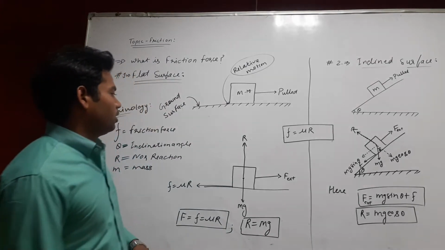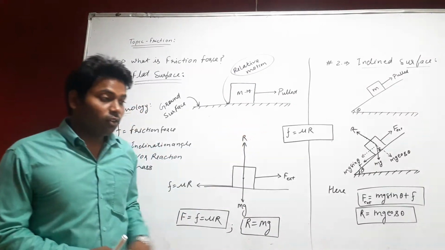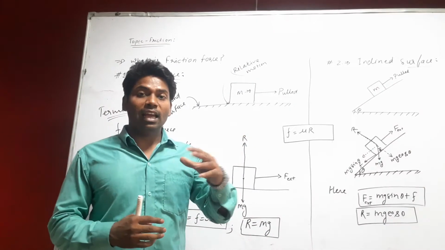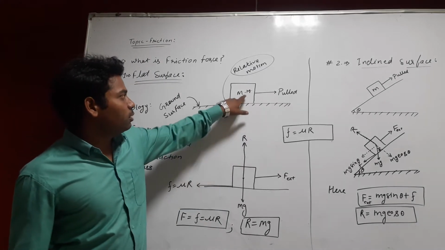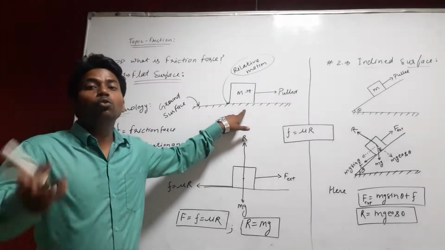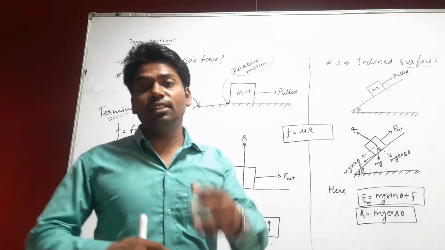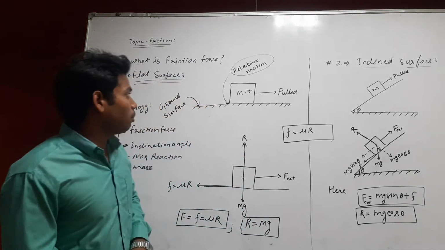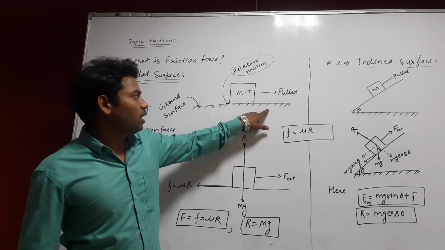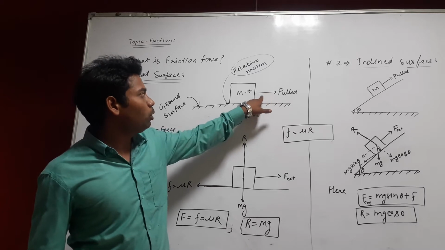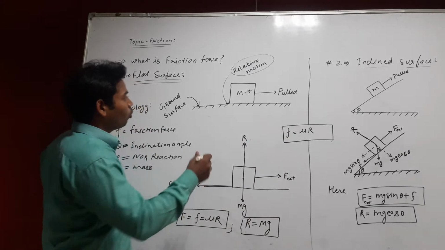So what is friction? Friction is nothing but a kind of resisting force that acts when two bodies have relative motion. If you see on the board, this is body 1 and this is a surface. When two surfaces are in contact and in motion, friction will resist that motion. Suppose you are applying a force, trying to pull that box in this direction, so friction will be generated over here.